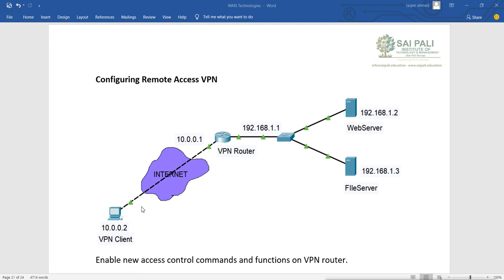For the remote location, we can't afford to give them a leased line, so they will connect to the network from the internet, but the internet is not secure, so we'll give them a connection using the VPN.